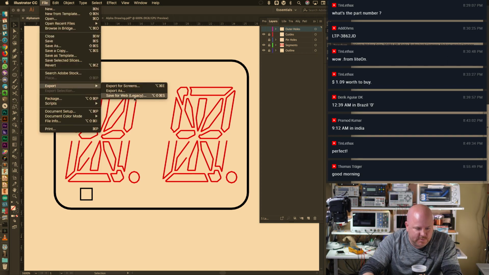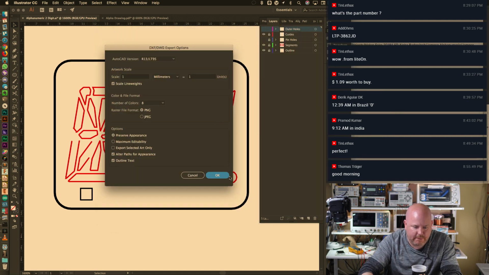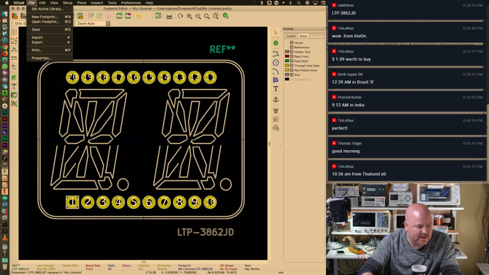Export file. Export as. Silk. So what I'm going to do is I'm going to import